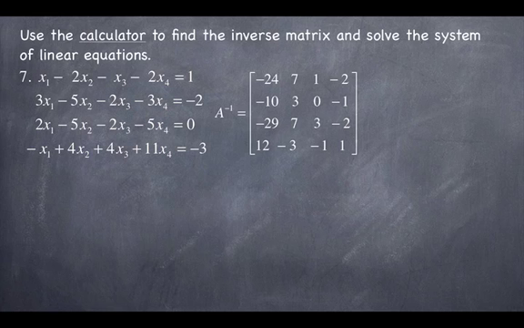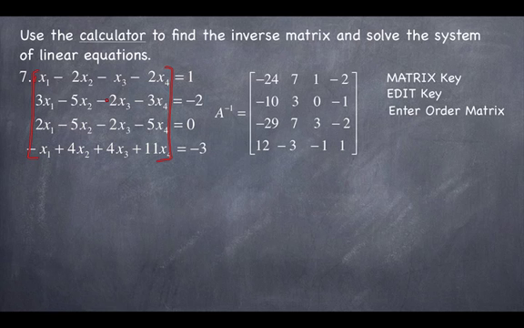I'm going to go very quickly through this, but I can clarify this in class. Just come and talk to me, and I'll be more than happy to tell you how we can get the inverse. But this is basically what you need to do using the TI-84. You need to go to the matrix key on the calculator, then go to the edit key. Once you have something on the screen, highlight the edit key, and then you want to enter the order of the matrix. You want to be looking at the matrix generated by just the variables, so this 4x4 matrix. That's the order that you want to enter